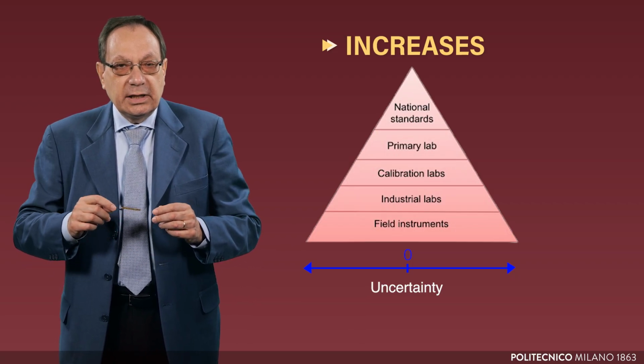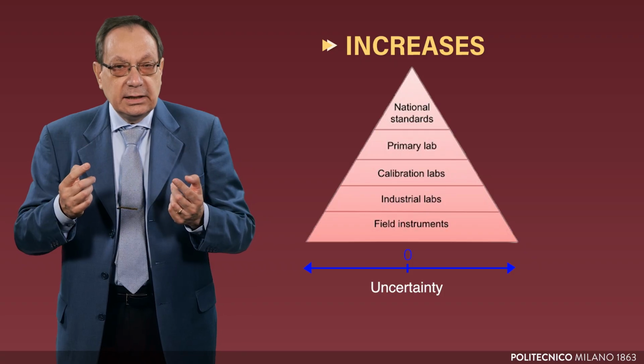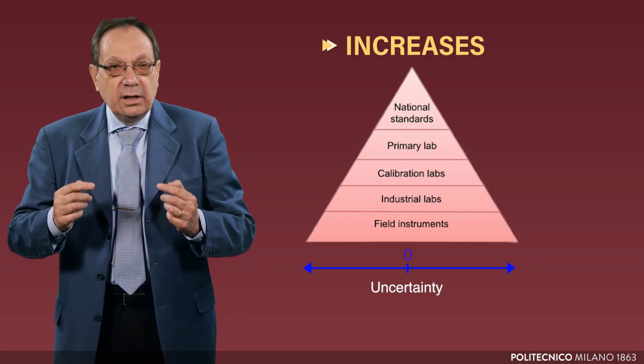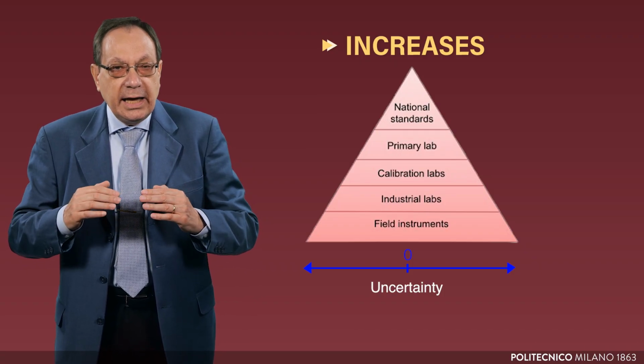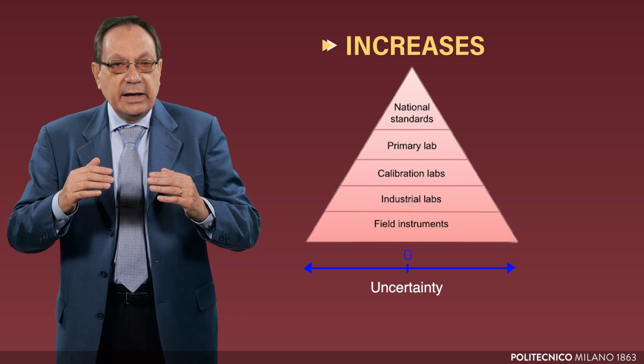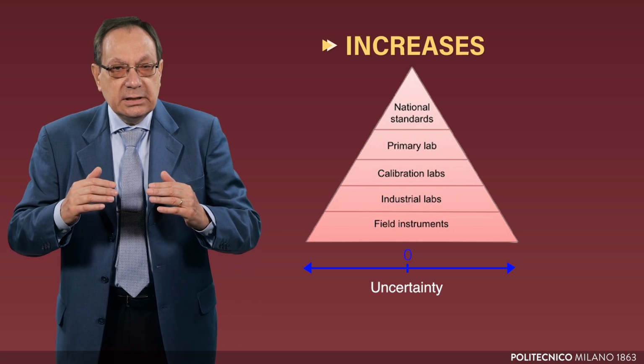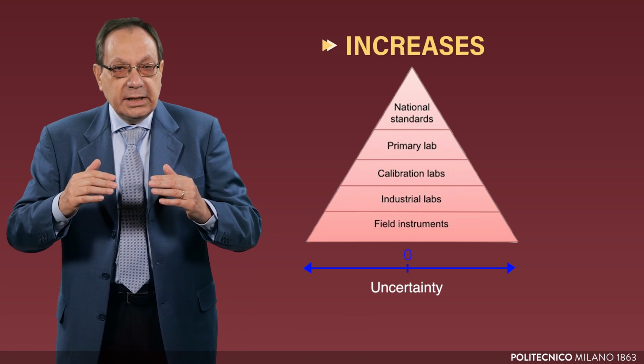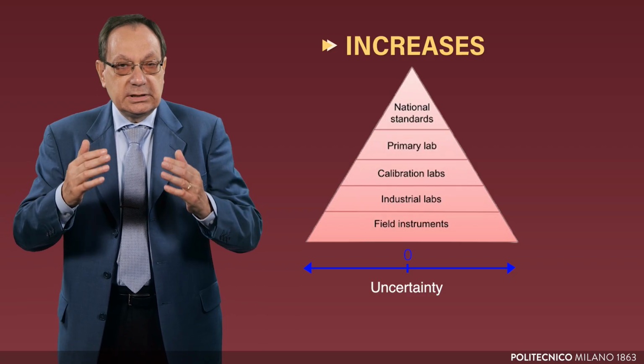It is therefore possible to state that the instruments at the lowest level of the hierarchy have been calibrated with reference to the national standard if and only if all the instruments at the higher levels of the hierarchy have been calibrated by instruments which in turn are calibrated with reference to the national standard. We can better understand what I have just told you by representing it graphically.